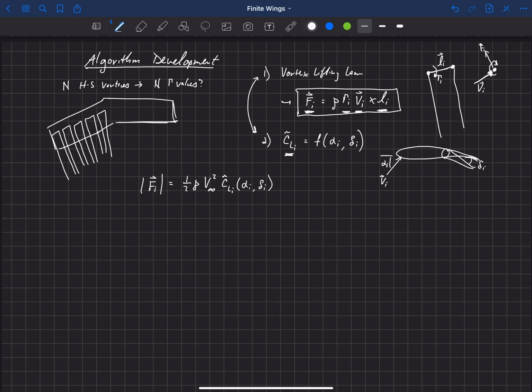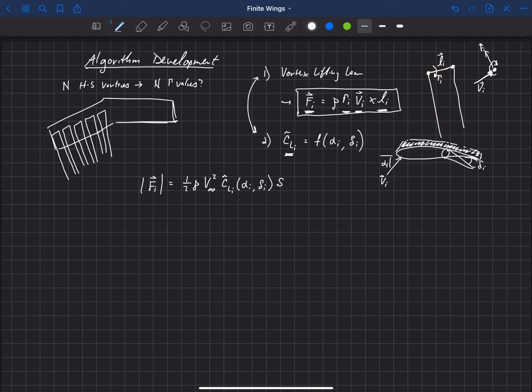Okay. And we need to multiply this now by a spanwise, or by an area, because actually we have a full area. We have a spanwise length here represented by this dL up here. So we have some spanwise length, and so with our chord and our span, now we've got some complete area there.